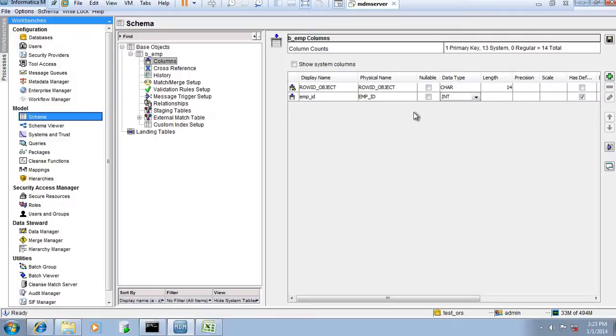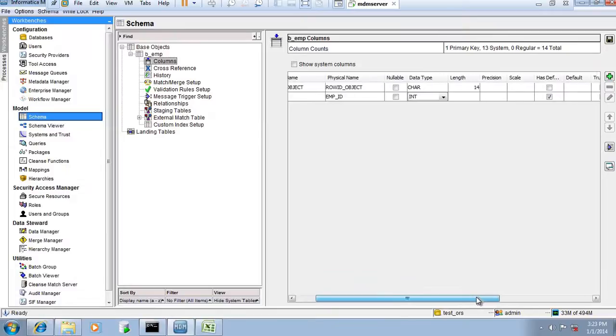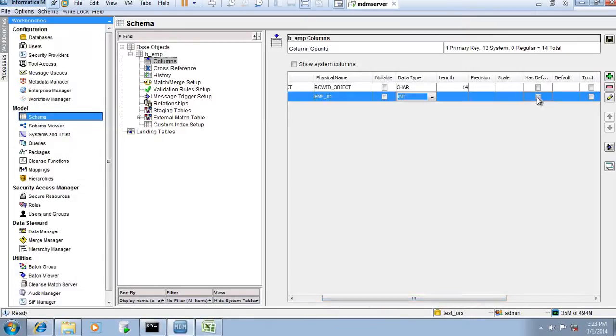It depends on you. So I am putting not nullable, and if you are putting not nullable, then you can define some default value. One option is coming, like has default value, or you can choose not to provide a default value. It depends on you. If you click on this, then here you can put a default value, otherwise it will take default value 0 in case of integer and null in case of varchar. So I will give default value 0 if I will not get any value for this column.